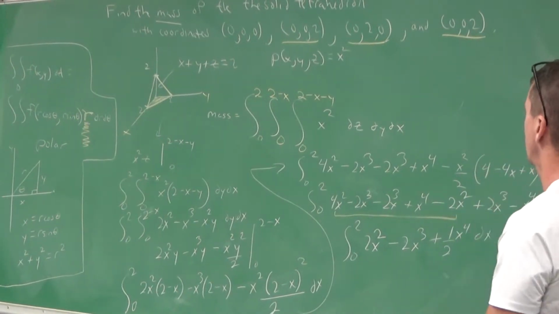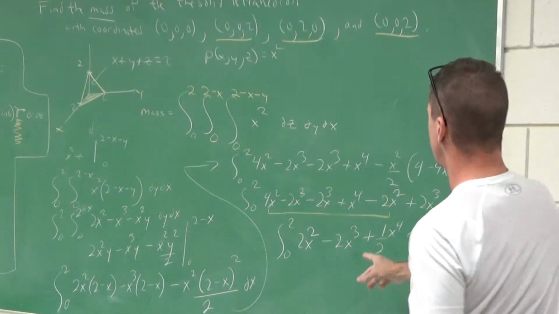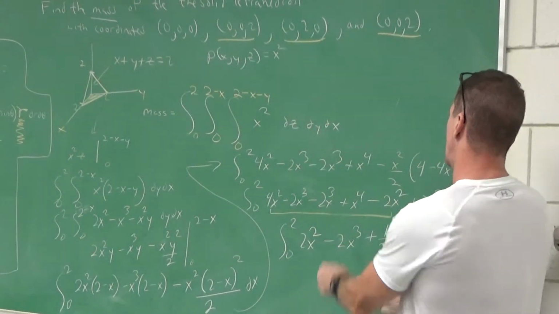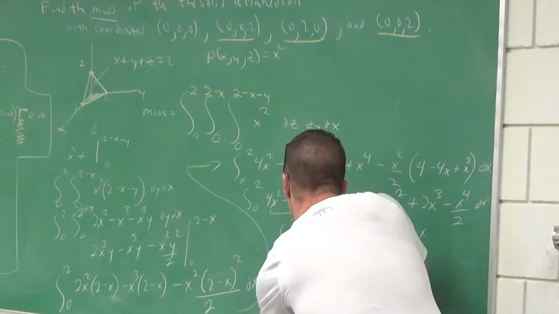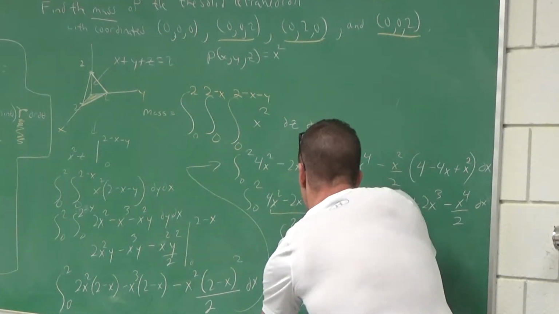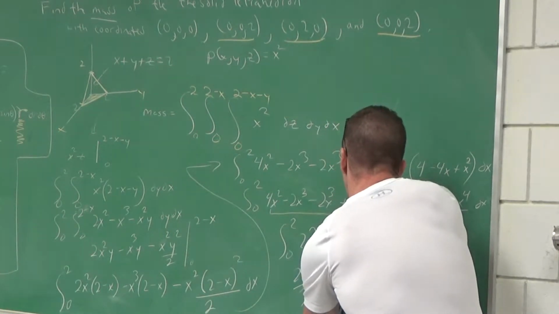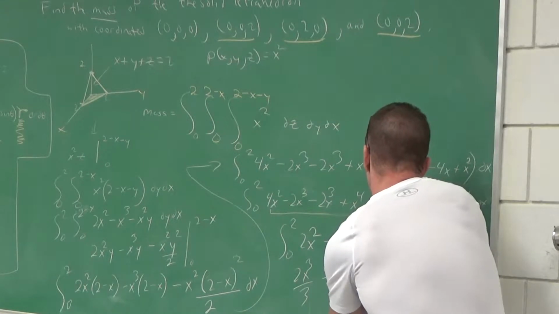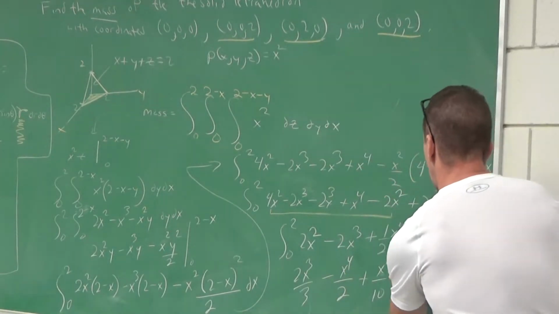Okay, but check it over. Everyone okay with the like terms? 2x squared, negative 2x cubed, plus a half x to the 4th. What's these integrals? Only thing about it is a little tedious. 2x to the 4th over 4 plus x to the 5th over 10. Alright, what's this answer? I get